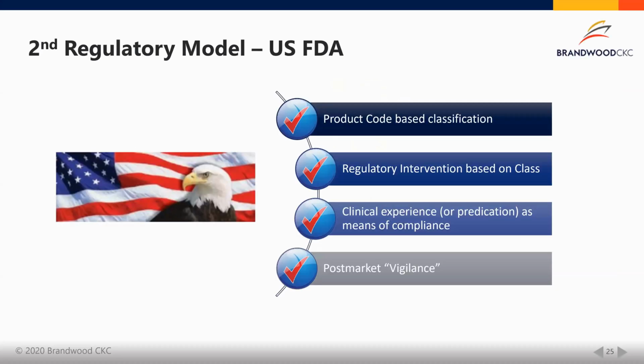So the second regulatory model is the USA. Of course, they're a little bit different. The major difference, I think, with the US and the GHTF model is that while the GHTF is all about the risk base, and that's how you determine your classification, in the US it's about what the device is. So if it's a blood pressure monitor, then you look at what a blood pressure monitor is. It gives you a product code, which is basically an identifier, and then that will tell you what regulations or the pathway that you would apply to that device.